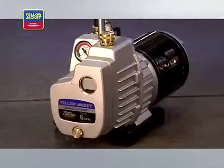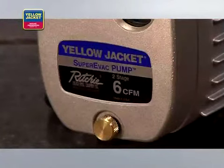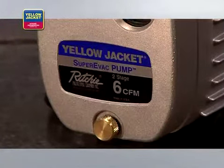Like any other job, having the right equipment can make all the difference. Let's take a few minutes to talk about some of the features that you should look for on your vacuum pump, and also some of the accessories that can improve the efficiency of the evacuation process. To reach the deepest vacuum in the shortest amount of time, use a two-stage rotary vane oil-sealed pump in place